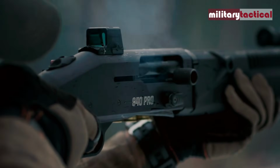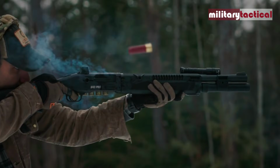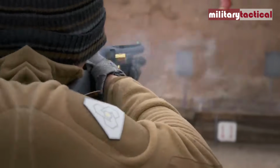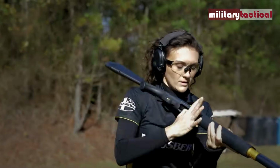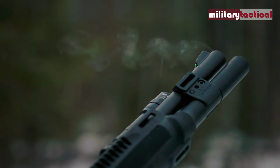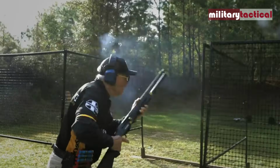Mossberg didn't water it down for the tactical market. They kept the performance-oriented internals. It features an oversized bolt release, a beveled loading port for smoother reloads, and a receiver that's drilled and tapped for optics. Add a red dot, and you can run it with speed and precision similar to a compact carbine